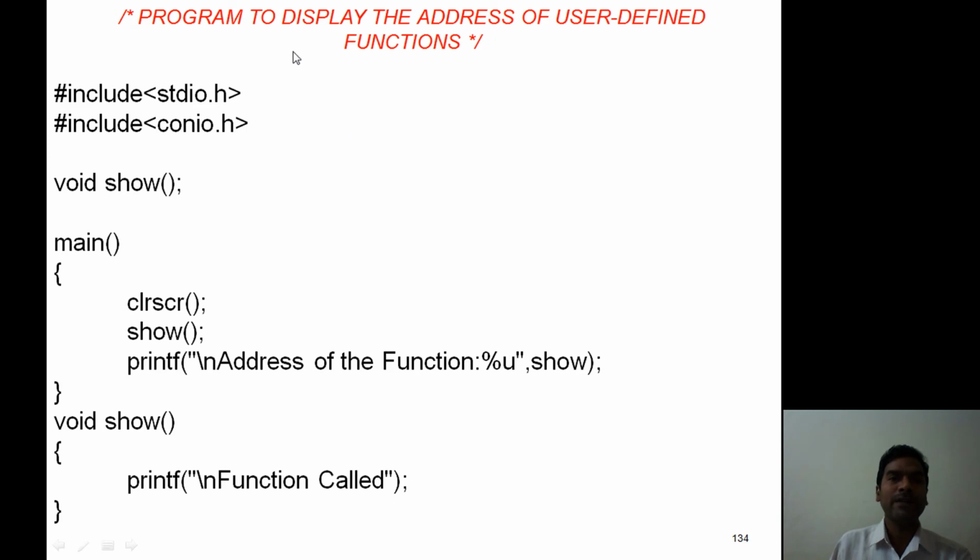So in the same format, how to display address of user defined functions. Again the same format. Here we declare one user defined function, void show. Now show is the name of the function. When we place this name, it accesses its address. So address of the function show. Simply for calling, here we place some statement like function call.